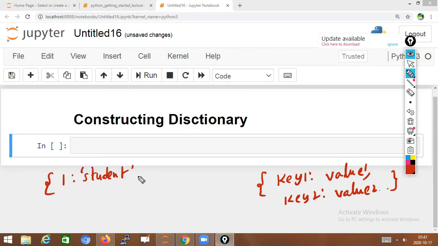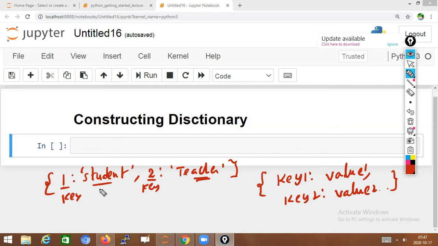Next, two is my key, and its value is teacher. So whatever one and two you have written are called the keys, and student and teacher are called the values.